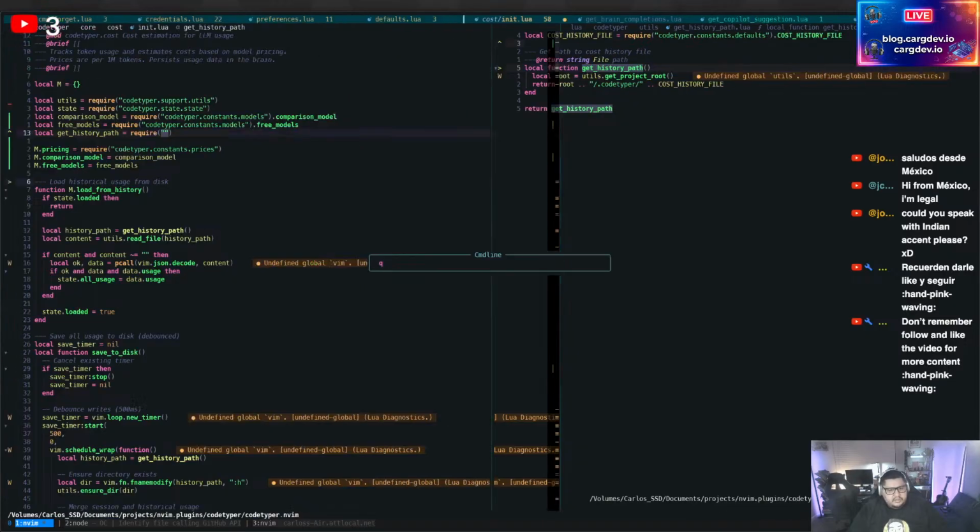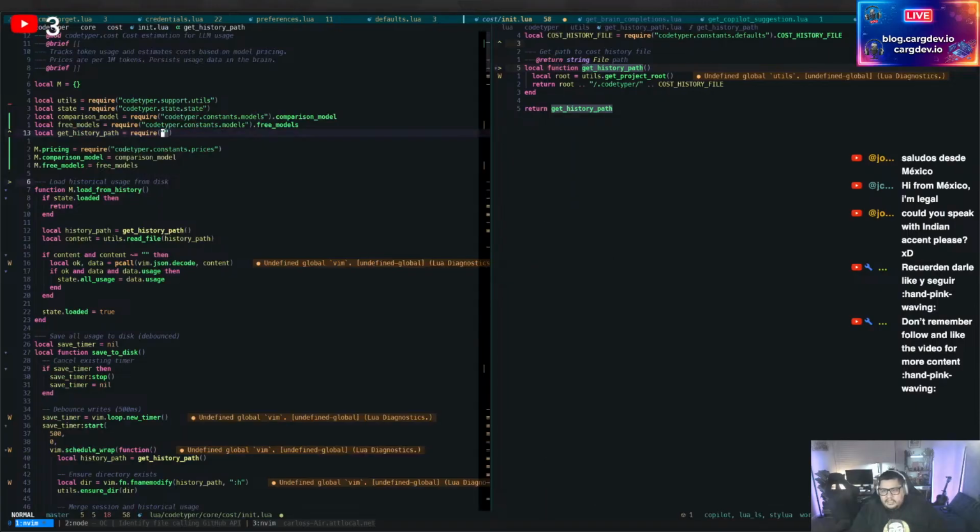There you go. As soon as you see the file name, you're going to be like, hey, this is a get history path. What's it supposed to do? Of course, they're getting the get history, where is the history file coming from? So